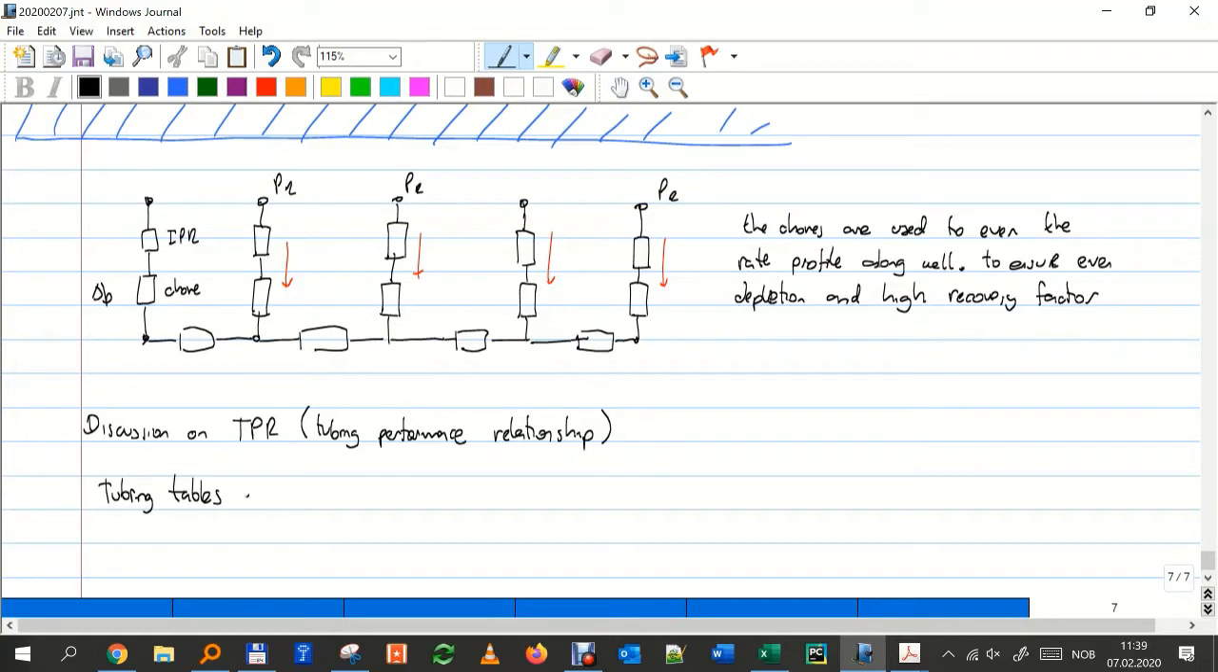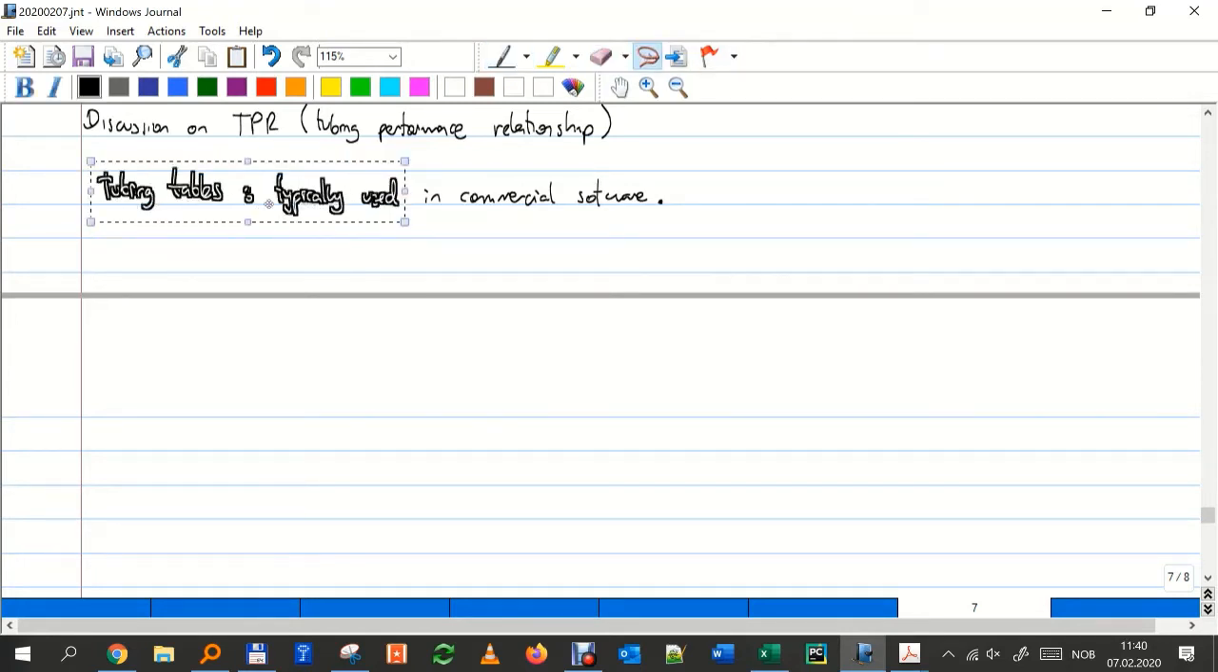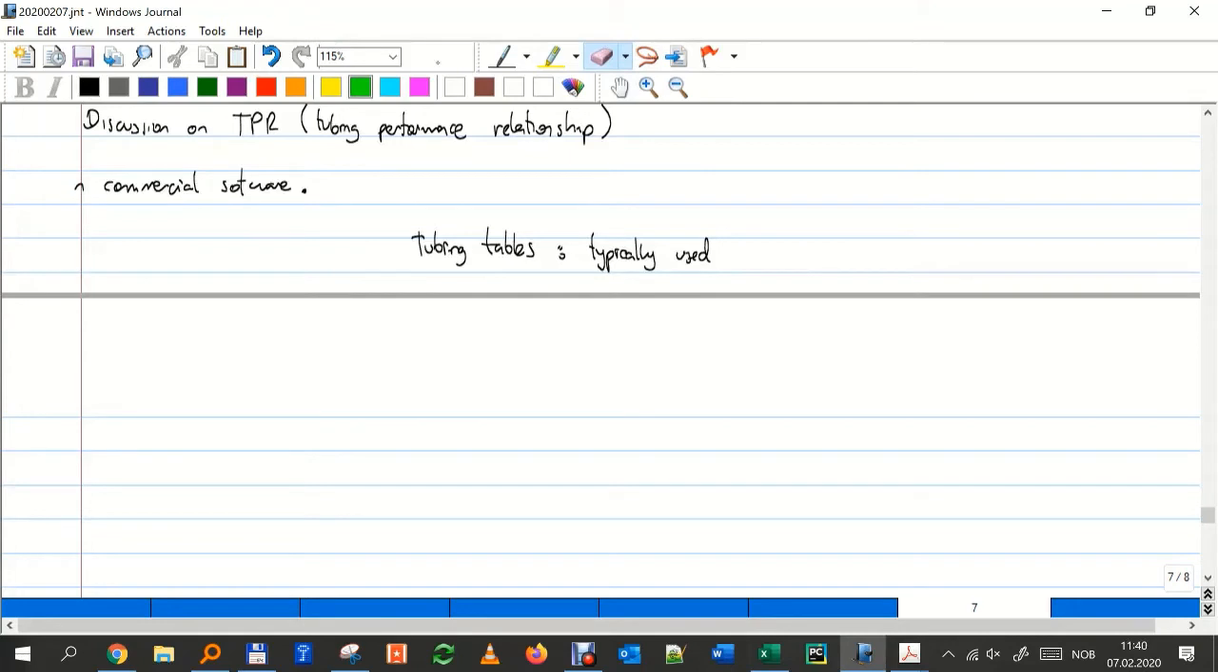So commercial software are typically used in commercial software. So what does it represent? Let's maybe rearrange this. Okay, so in commercial software, instead of